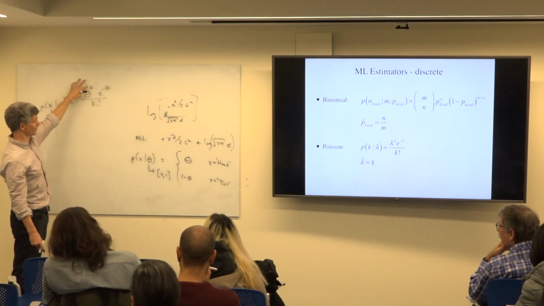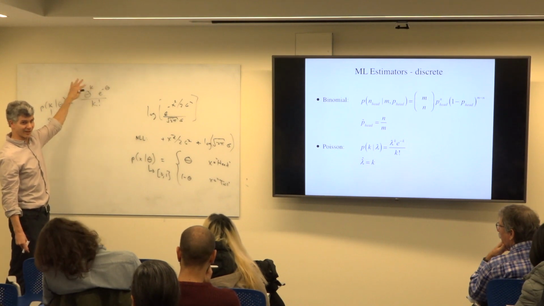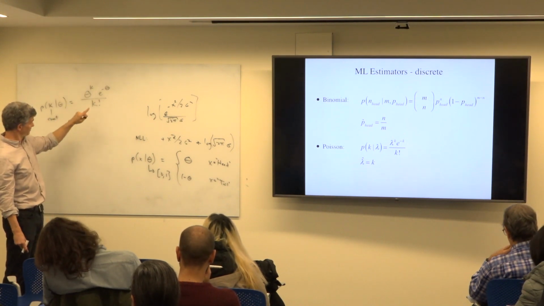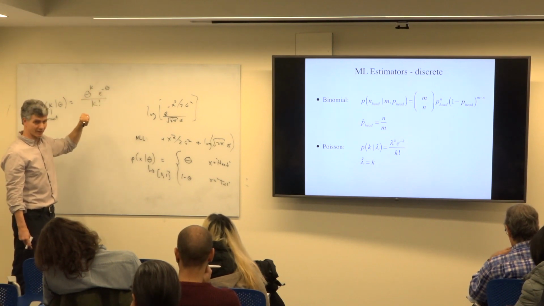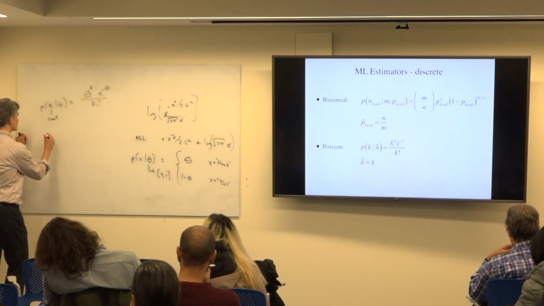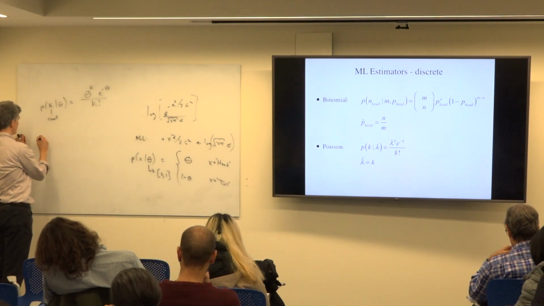First of all, we have theta to the k. When we take a log of that, it'll pull the k down and give us a log of theta. Also, we have an exponential. That's nice, because when you take a log of that, you're just going to get theta by itself. Okay? So now we do log